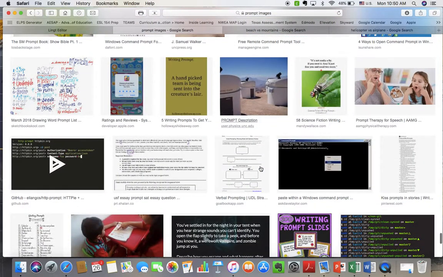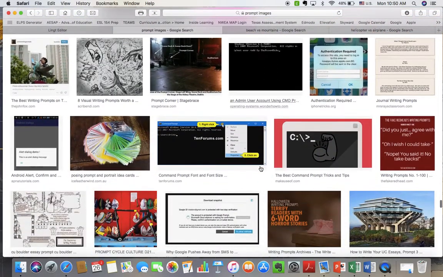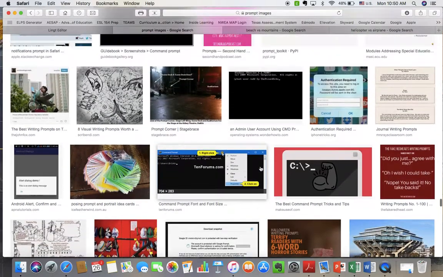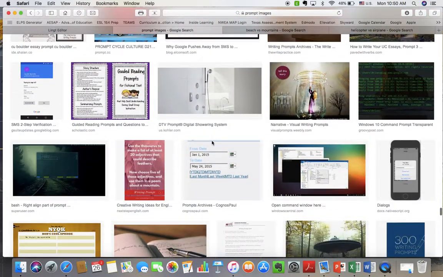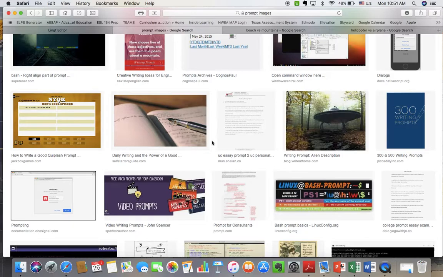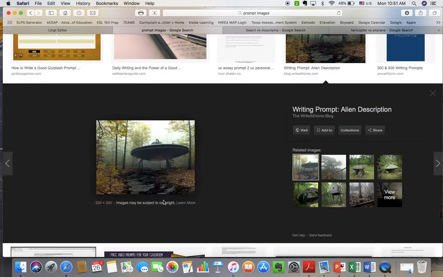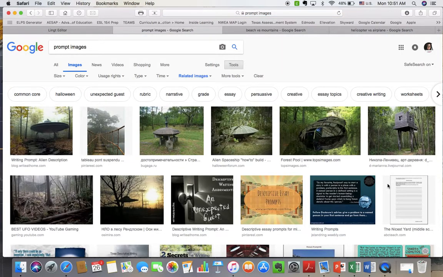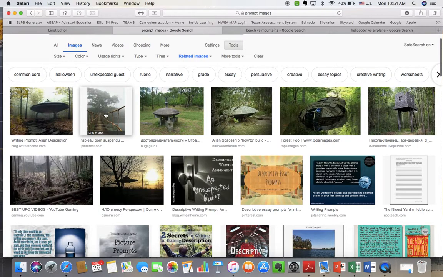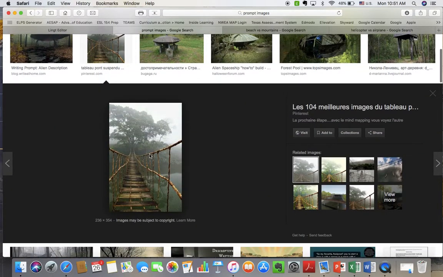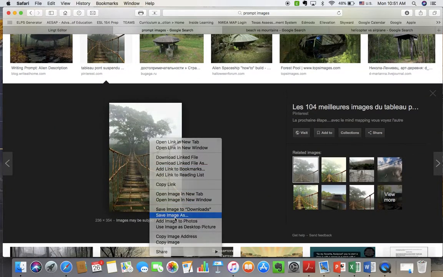Not finding very much I like on this one. That might not be too bad. And you can click on more. I kind of like this bridge, so I'm gonna click on it, save images,